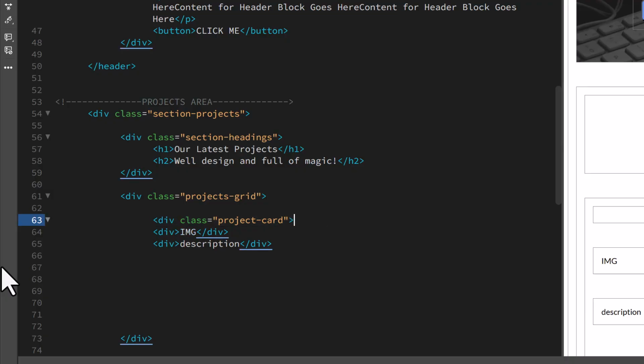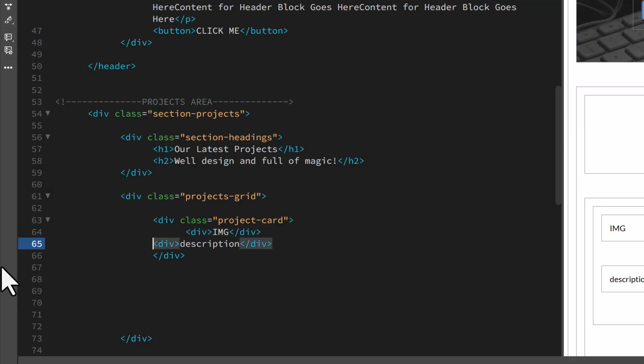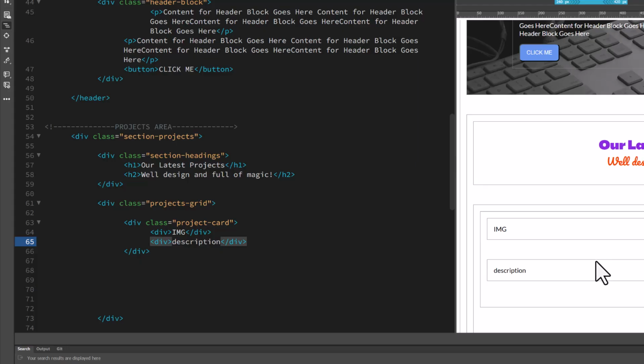Perfect. And make sure our closing tag goes in the right place. And now I have my card built out. It doesn't look like anything yet, but we're going to be fixing that shortly. So here we have projects grid and project card. The grid, for now I can leave as is,